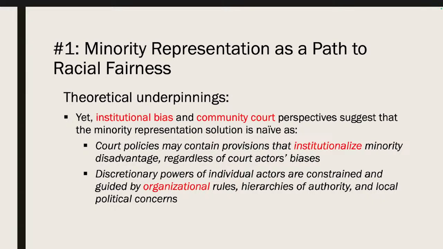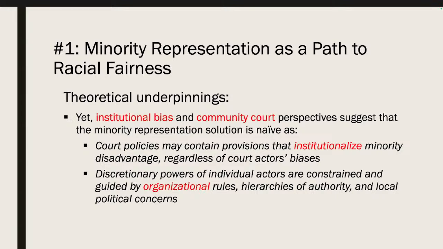But because there are practices in communities, some would say targeting minority communities, it leads to minority defendants having greater levels of prior criminal history. So if your institution weights prior criminal conduct as a factor, that practice will institutionalize racial biases and racial disadvantage